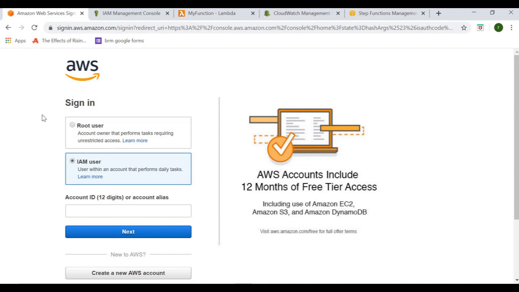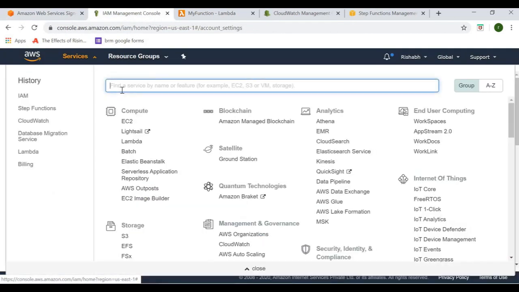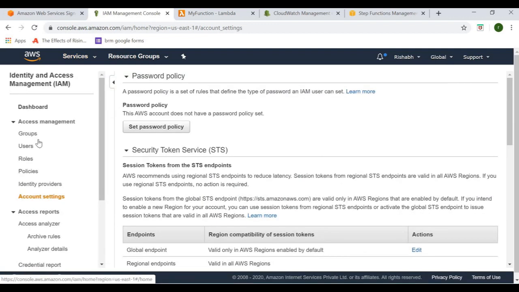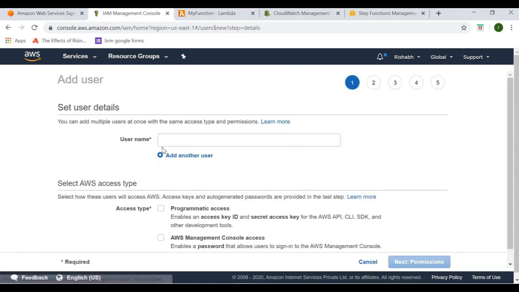So first, whenever we log in, let's go to the AWS account, go to services, and search for IAM here. This console will open. In access management, we see multiple things. There's policy, role, user, and group. First, let's talk about users. Let's say I want to provide access to another user from my account.